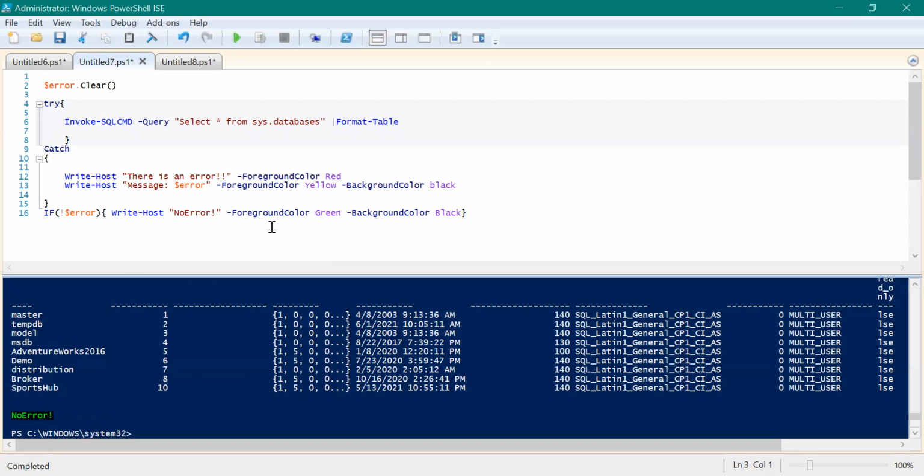But what if I have some problem with the code, or maybe the code is throwing some error back to us? To replicate this scenario, I'm going to give the wrong object name. The object name was sys.databases, but I have removed the E and S from the end. Now there is no such object in the database, so this time it will definitely throw the error, right?